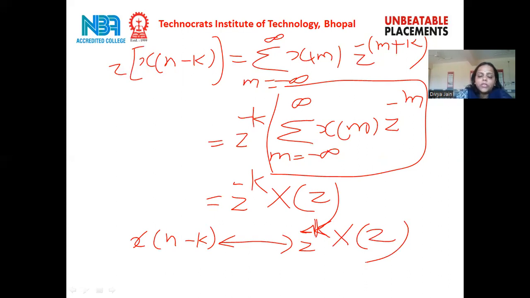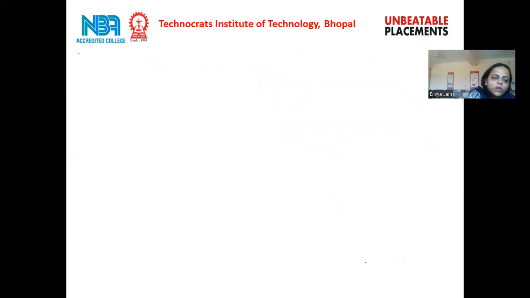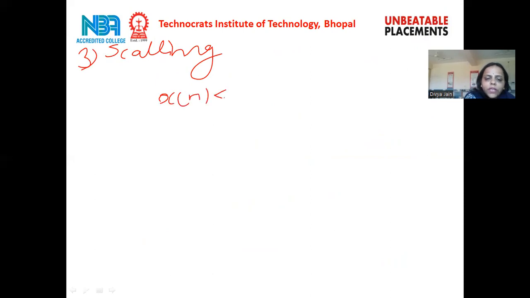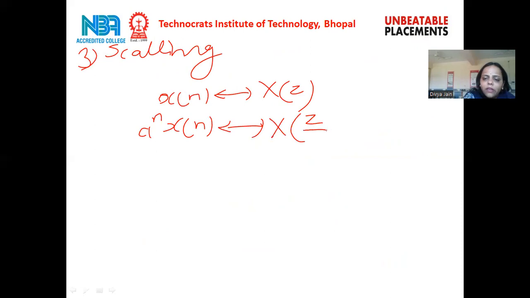Now the next property is the scaling property. If the Z transform of x[n] is X(z), then the Z transform of a to the power n times x[n] is X(z by a). So the proof of this property is